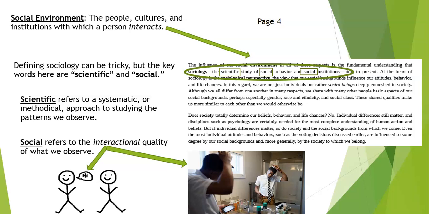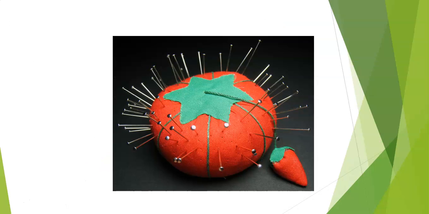before you go out into the world, all of those decisions that you're making depend on the situation you're walking into, right? So you're going to dress differently if you're going to school versus if you're going to work versus if you're going just to the gas station to pick up a cup of coffee. All of the nature of the environment that you're walking into affects those decisions that you're making. And that's what we're talking about in sociology. It's how we interact with our social environment and how that affects our individual decision making.